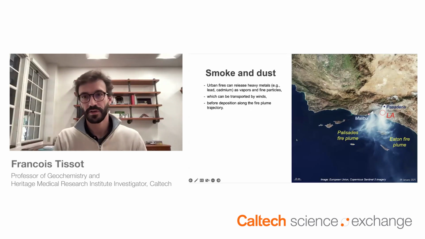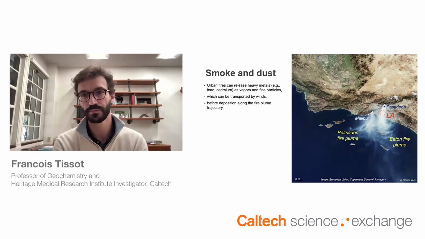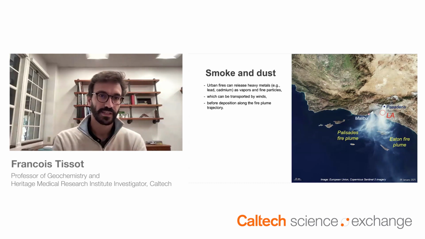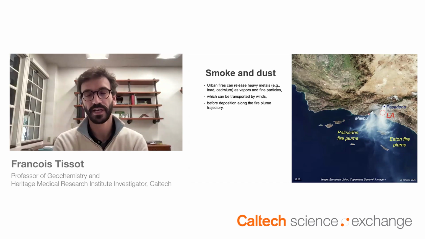So starting with an image of the fire, we can see here on the right the two smoke and dust plumes from the Palisades fire and the Eaton fire. LA, Malibu, and Pasadena are also shown on the map. And as Sina has said, urban fires can release heavy metals such as cadmium and lead, either as vapors or fine particles, and these will be transported by the winds and then deposited depending on the trajectory of the vapor